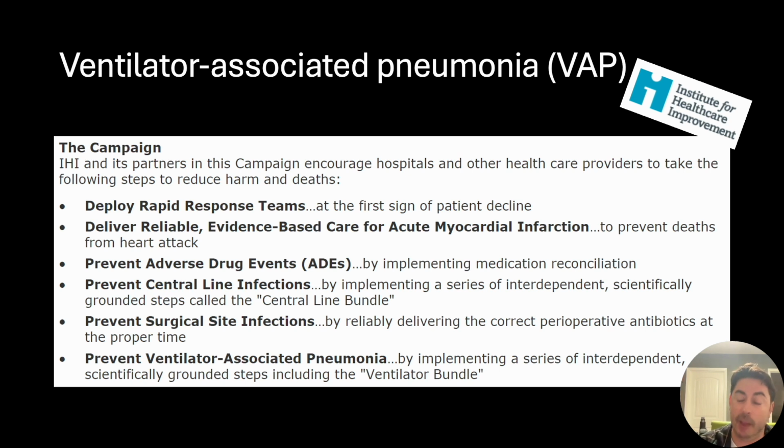Ventilator-associated pneumonia is the leading cause of morbidity and mortality in the intensive care. It's the second most common cause of hospital-acquired infection, and it costs upwards of $50 million, probably even more now. That might be an old statistic, but that much in healthcare dollars is spent on ventilator-associated pneumonia. So it's something we need to do as respiratory therapists, because who is responsible? The entire team is responsible ultimately, but who is caring for that patient the most? I would say respiratory therapists are at the bedside of these ventilated patients, and we need to do everything we possibly can to prevent